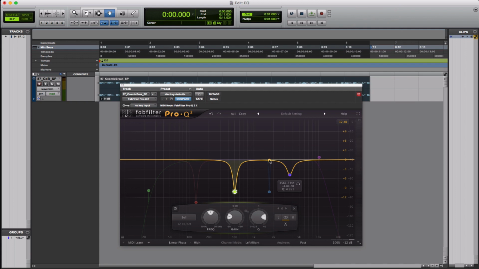Make sure you always judge your final EQ settings with the whole track playing, otherwise you can't know how the various sounds will work together. So what I'm saying there is try and listen to your track with all the instruments together without solo in it. Upon deciding on your final EQ decisions, make sure that you're listening to your track out of solo, so you're listening to all the channels together, all the instruments together,